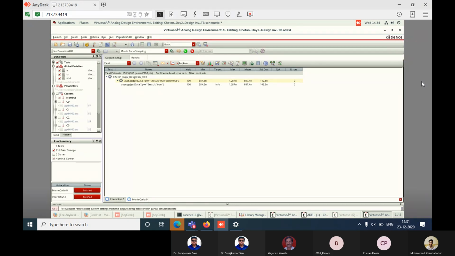We can also vary one more parameter like temperature. In that, you can add one more parameter and check the performance. Here you can add the variables from here. You add the variable. Okay, not here. Just go to ADE. There you can add temperature also. Okay, fine. Okay, if you have any query you can ask.